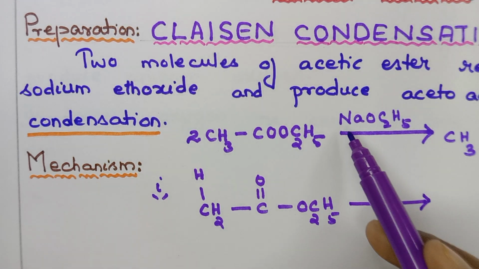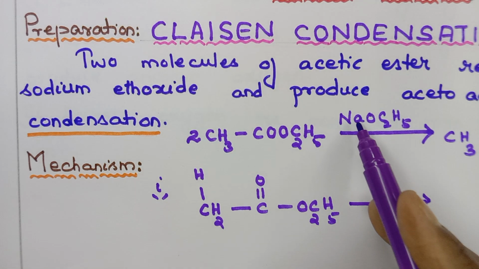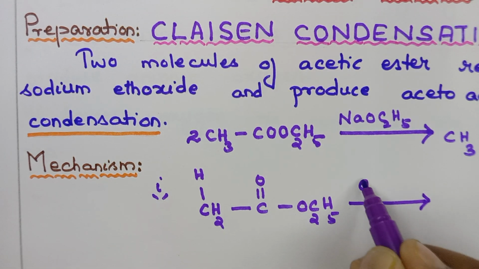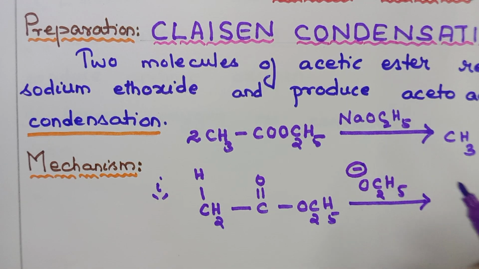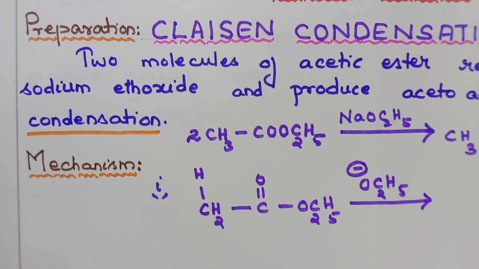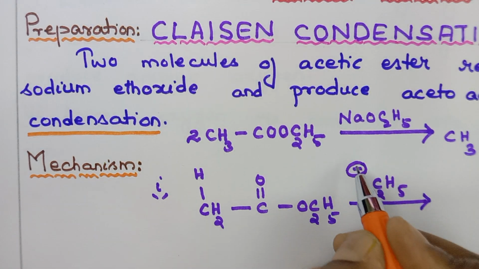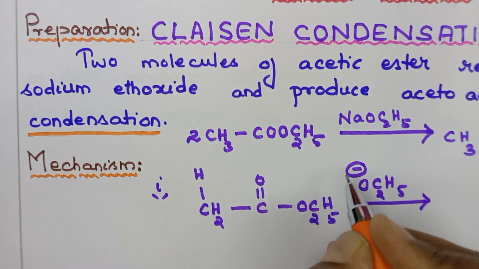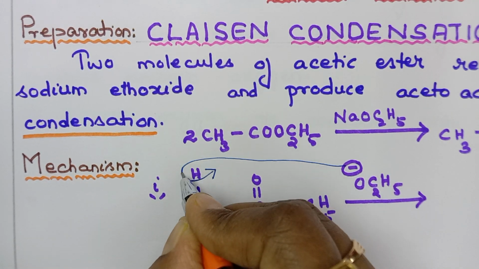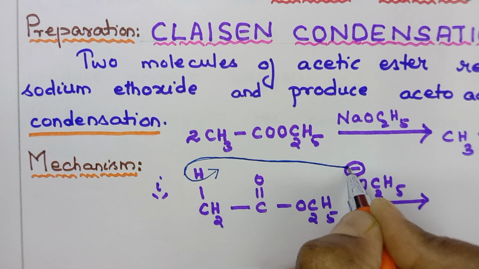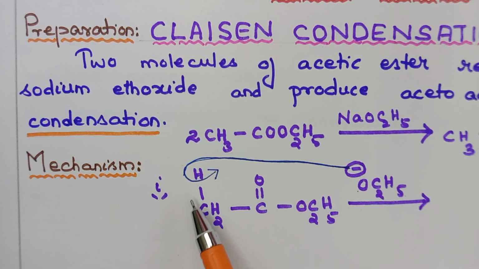So the reaction is taking place in the presence of sodium ethoxide. So this is Na plus OC2H5 minus. Here write down OC2H5 minus. What's the name of OC2H5 minus, students? Ethoxide ion. So this ethoxide ion, what does it do? Carefully, this OC2H5 minus takes up the alpha hydrogen. Okay, so OC2H5 minus, when it takes up H as H plus, it comes out as C2H5OH. Below the arrow, write down minus